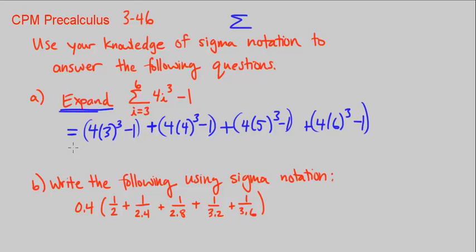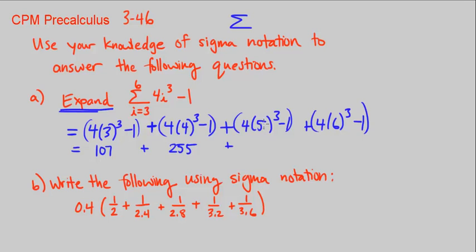I could say this is equal to 4 times 3 cubed, which is 27 times 4, which is 108. So I could do 108 minus 1 is 107. I could do this much if I wanted. 4 times 4 cubed: 4 times 4 is 16, times 4 is 64, times 4 again is 256, minus 1 is 255, plus 5 times 5 is 25, times 5 is 75, times 4 times 75 is,